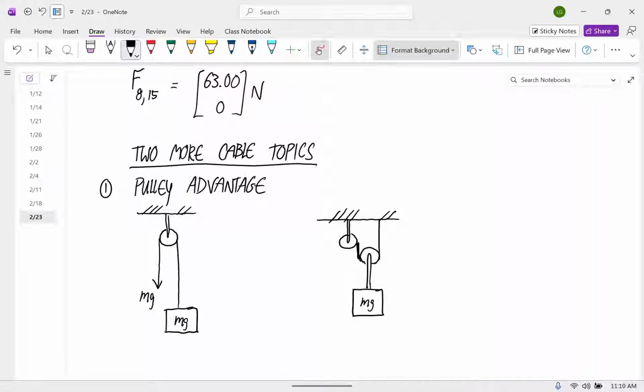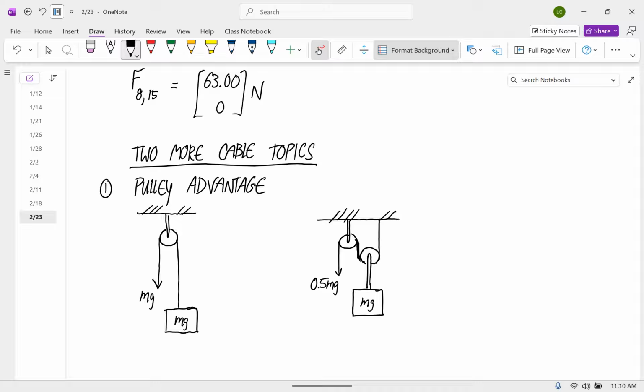Pretend that's vertical. So in this setup, what's the force that you have to apply to lift this? Half of mg, right? Right. That's because one cable is putting the